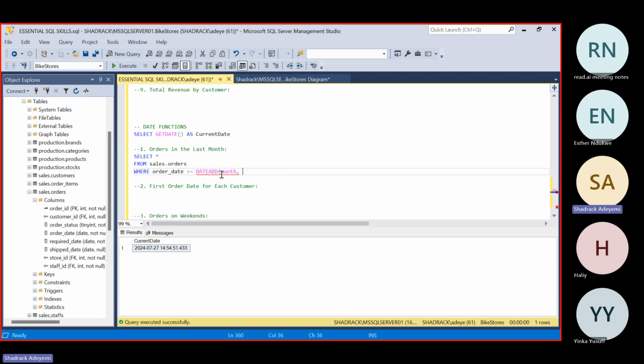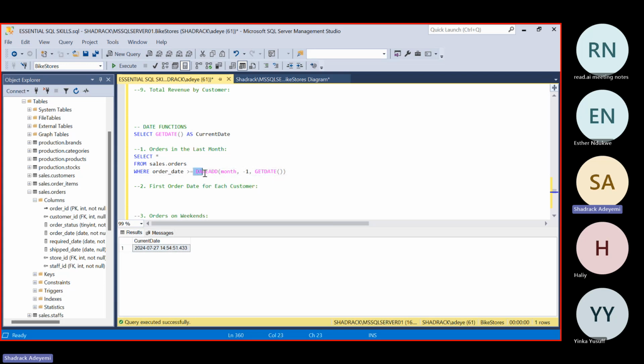The incremental value is -1 because we're trying to go backwards a month. But backward a month from what? From today. Remember, GETDATE will always return today's value. So if you close this bracket, what this returns is today's date backdated a month.